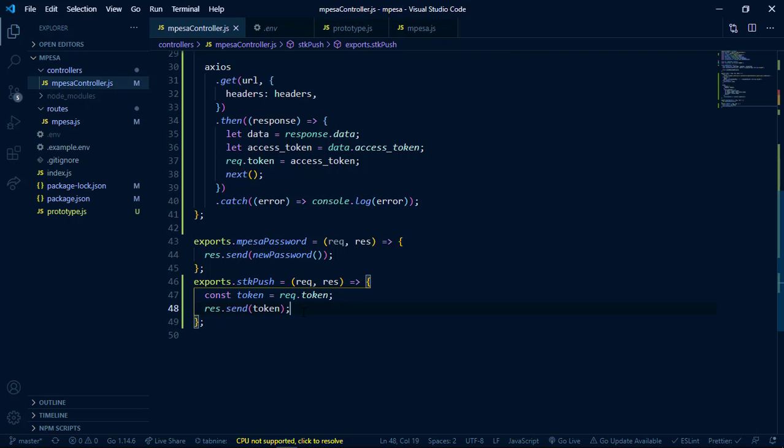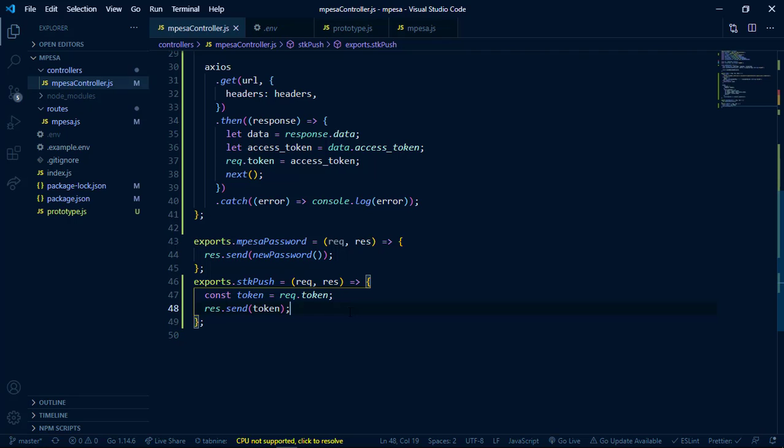phone to enter the PIN, and then after entering that PIN, if that PIN was correct and the user has enough money in the M-PESA account, what it's going to do is that it is going to deduct a certain amount of money that was in the request from the user's account to the organization's account. So this is what is going to happen, and we need various parameters, and the first one is the request